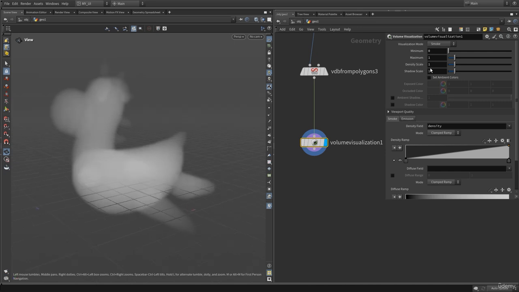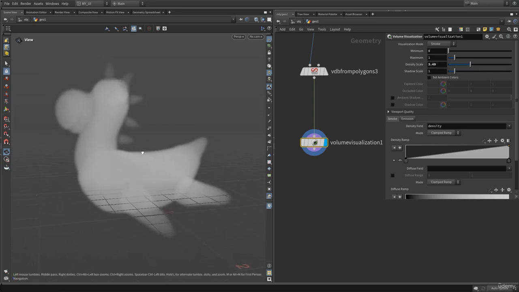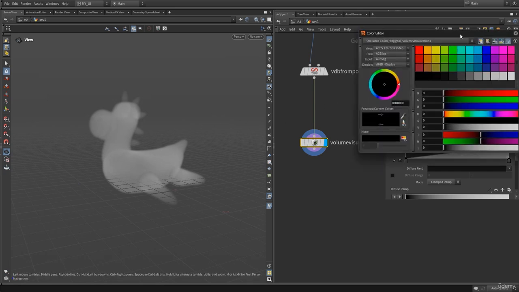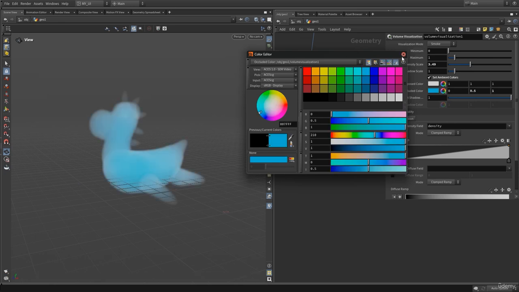So in here I can increase the density scale. So let's increase this, and here you can see we are multiplying our density volume value to create a thicker volume. And in here let's maybe calculate the ambient occlusion, and for that I'm going to enable the ambient shadow. So let's enable this, and by enabling the ambient shadow we are basically creating the ambient occlusion, and we can change the ambient occlusion color by enabling the send ambient color. And onto the occluded color I can change this to anything, for example blue because it's in a cloud,